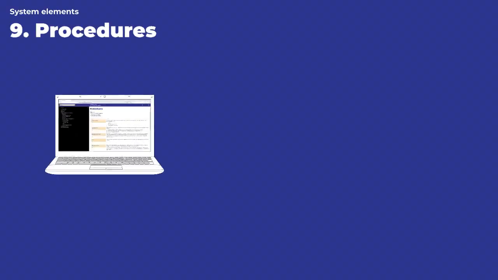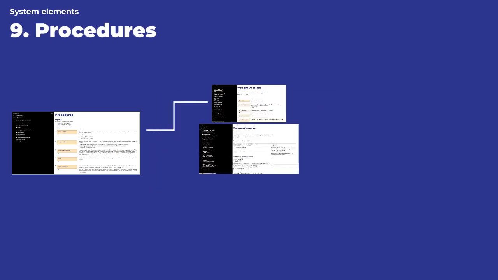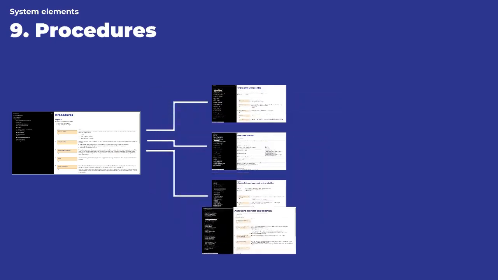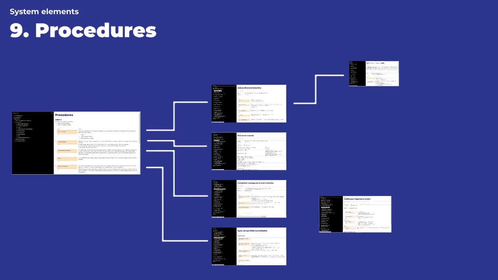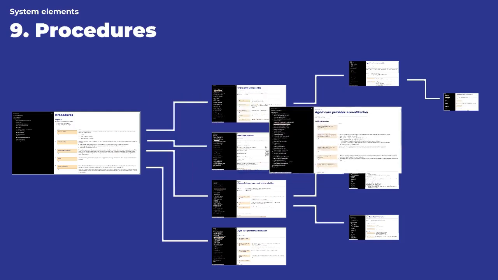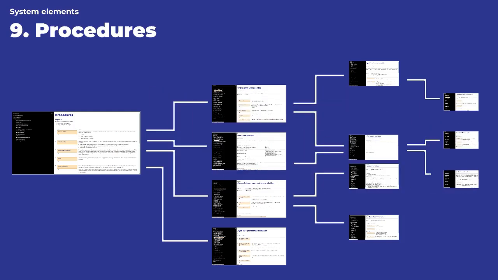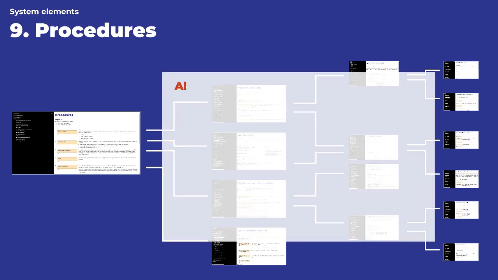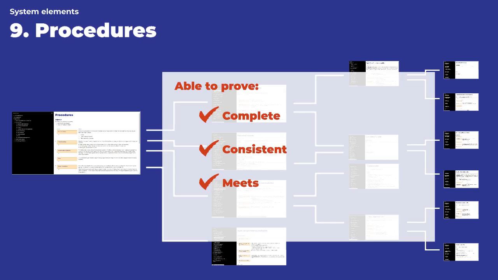Element 9 of your governance system defines your procedures, the activities carried out to deliver your organization's intended outcomes. For governance purposes, you need to be able to prove that your procedures are designed to comply with your policies, standards, and legal requirements. You need to be able to show that this content is managed as a single integrated body of knowledge with no gaps or overlaps and with clearly defined boundaries and accountabilities.